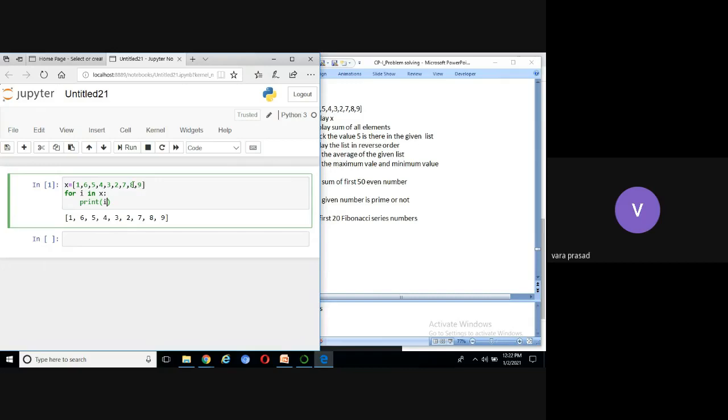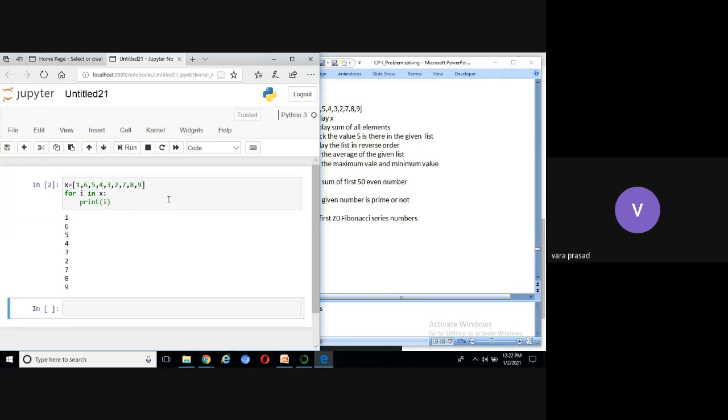Now we can run the code. Now you can see, display the contents of the list. Now, the question is, display the contents of the list line by line. You can see the first element, then go to second element, then go to third element, like it will display all the elements, each element displayed in one line. How to display all the elements in one line?